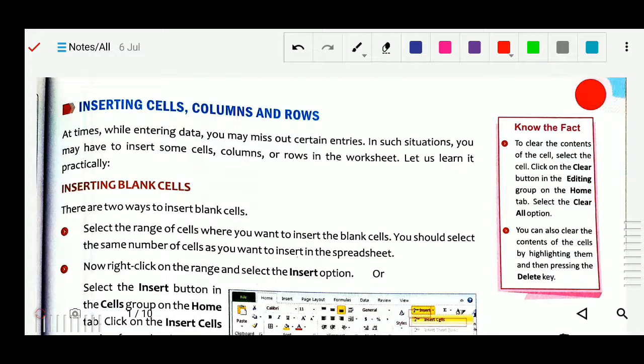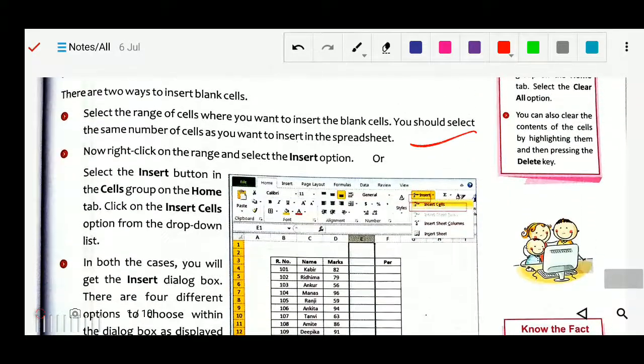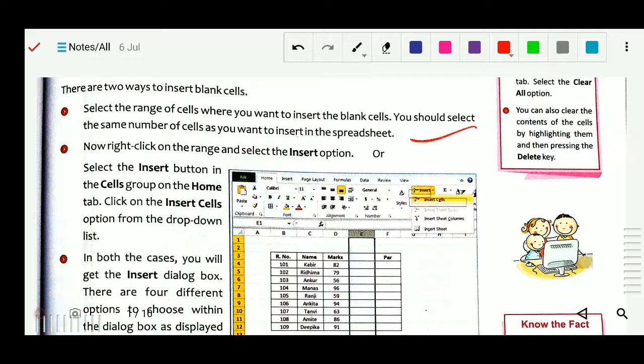There are two ways to insert a blank cell. First, select the range of cells where you want to insert the blank cells. You should select the same number of cells as you want to insert in the spreadsheet. Next, right click on the range and select the Insert option, or select the Insert button in the Cells group on the Home tab.